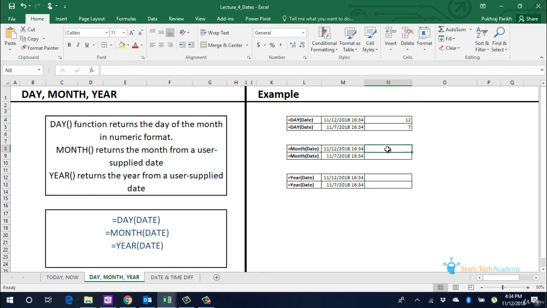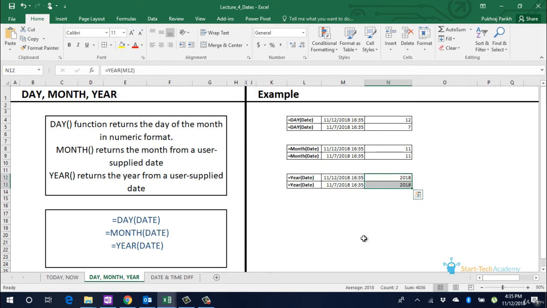To get the count of month in a year, use =MONTH and select the date. November is the 11th month, so we are getting 11 as the answer. Similarly, to get year, type =YEAR and select the date. We are getting 2018 in this.